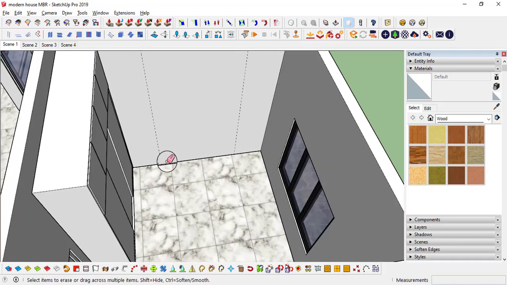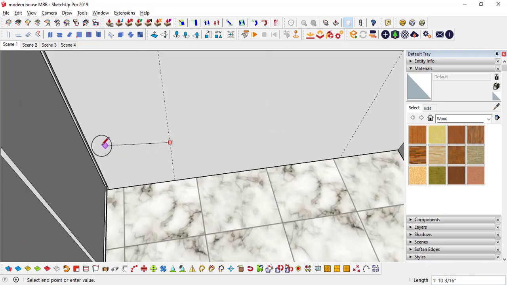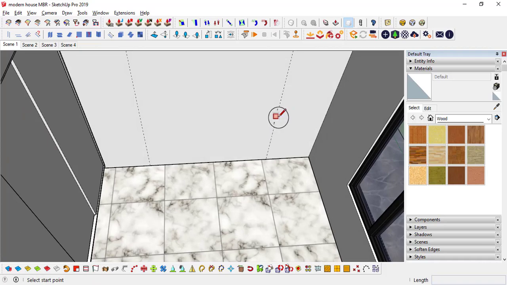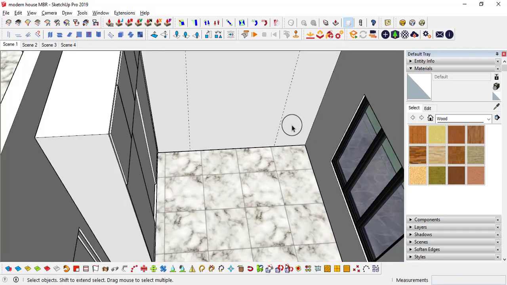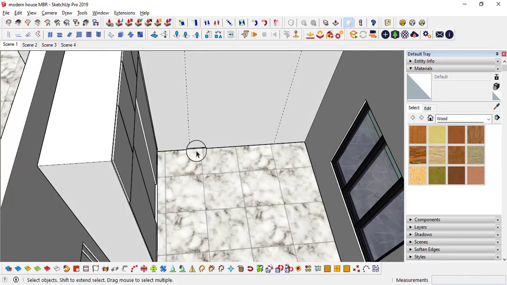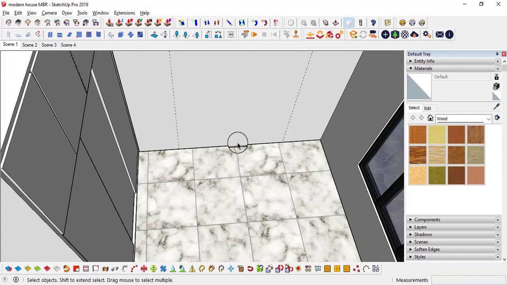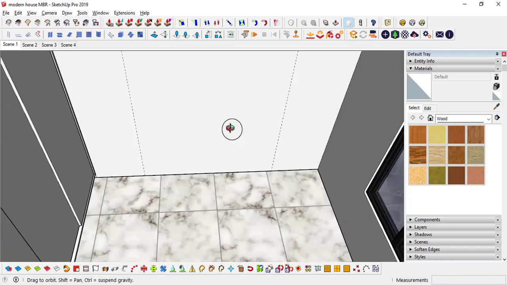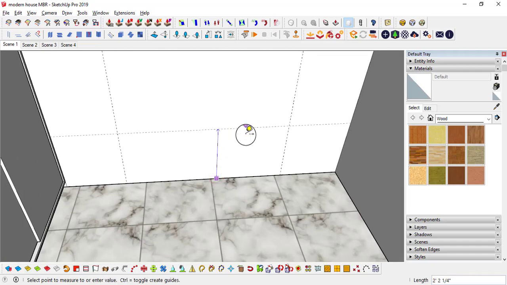And next, if you select from here to here, like 2 feet, and in this direction also 2 feet 3 inches probably, right? I'm going to make 2 feet bedside tables. The topmost bedside table height should be like 1.5 feet or 1 foot 8 inches.